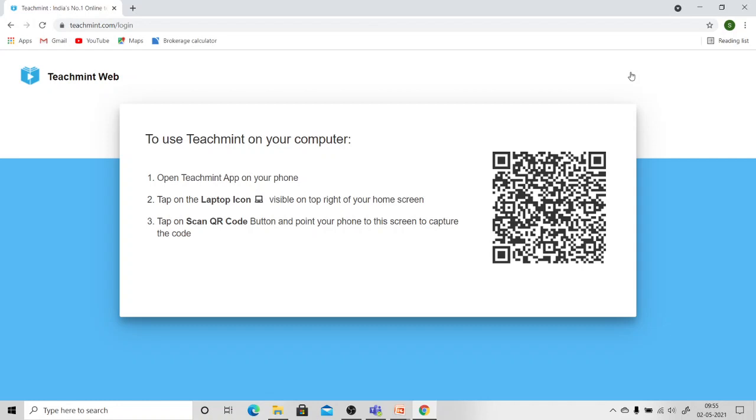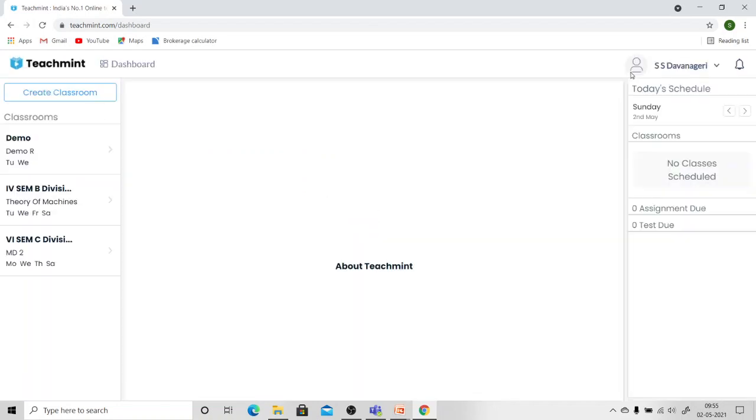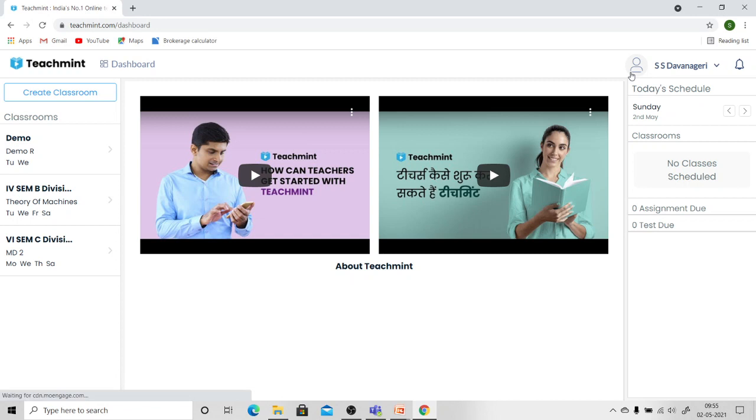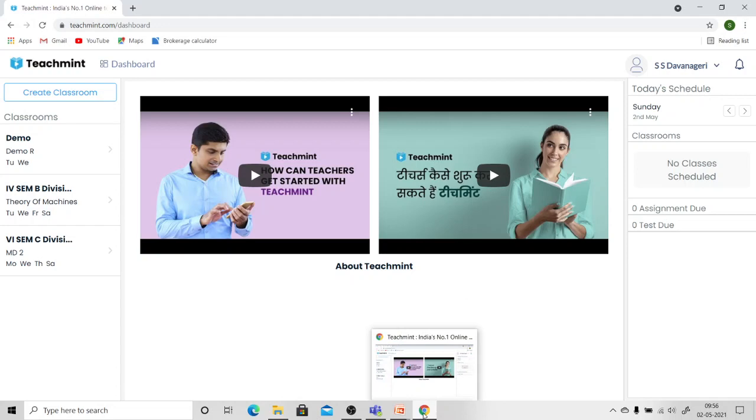Open the app from your mobile and scan the code with the laptop icon provided in your app. You just scan it, and you're going to get all the details on your laptop. I hope it is useful. Thank you.